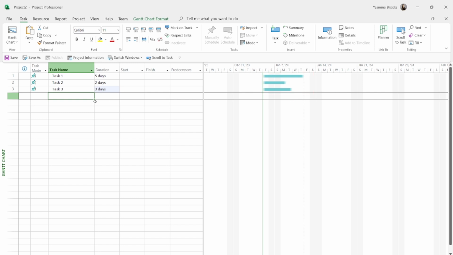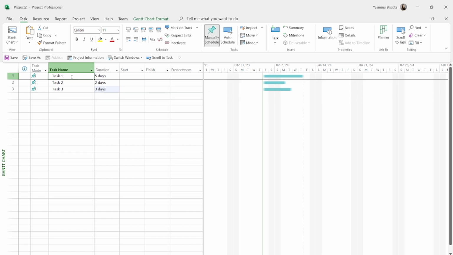So the next step that you would do here is actually create task relationships. You're basically going to tell Project which task should happen first before you can go to the next one. So the next logical step here is going to be to link those tasks together. So I'm going to go ahead and link tasks 1, 2, and 3. So I'm going to multi-select them all, and I'm going to do that just by holding Shift and moving the arrows on my keyboard. So I'm going to select all 3,